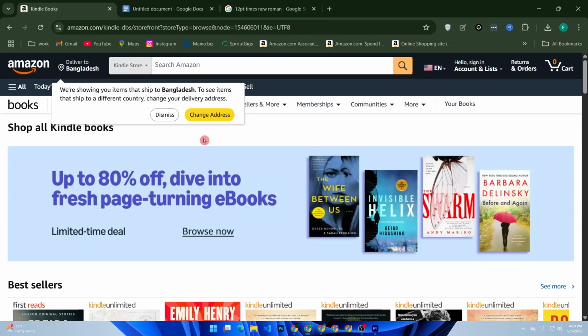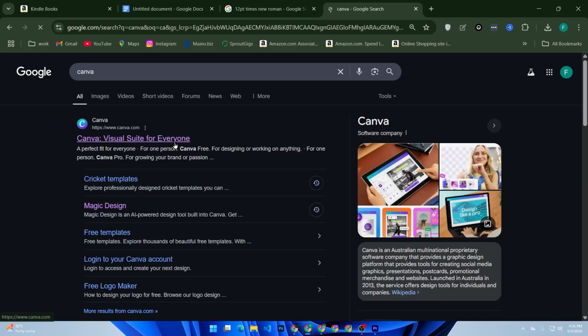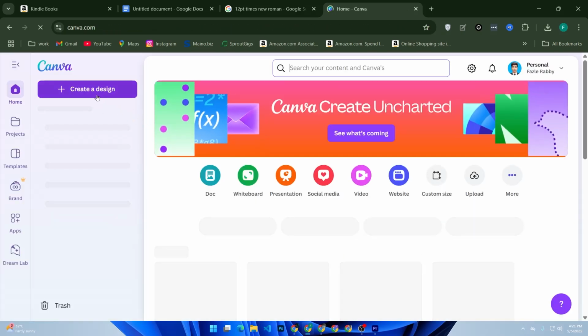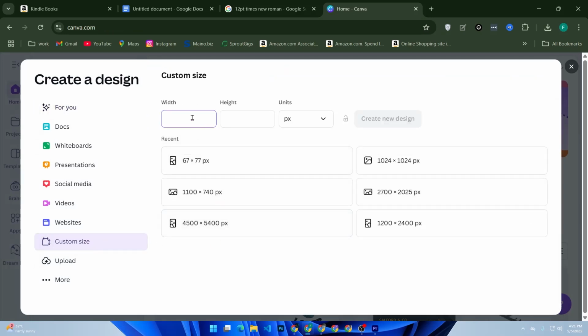A great ebook cover can make or break your sales. Use Canva or Book Bolt to create a clean, readable cover that fits your Amazon size. Go to Canva. Click on create a new design tab, then click custom size. For Amazon's size